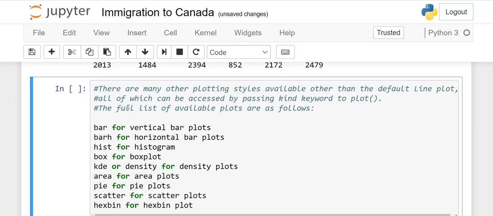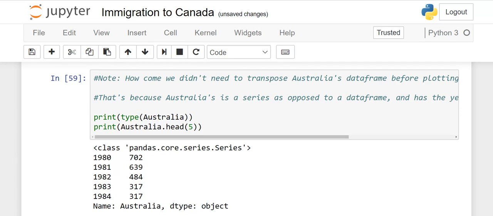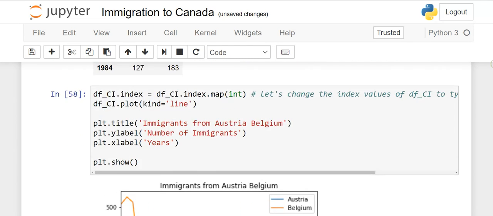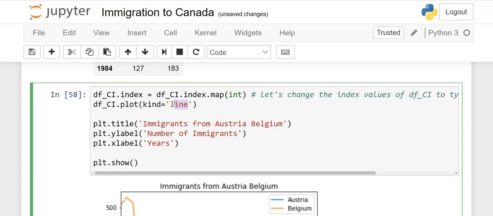And last, I have written that there are many other plotting styles which we will learn in this course. For a bar chart you can write bar, and for horizontal I will show you what it means, and for pie chart, area chart, all these kinds of charts we will learn in this course. See here, if instead of line I want a bar chart, only write bar and execute it.